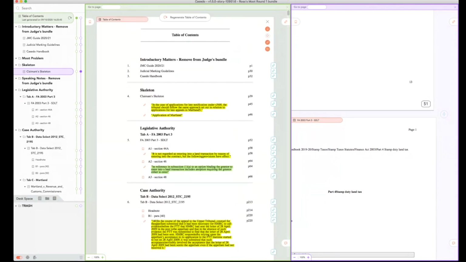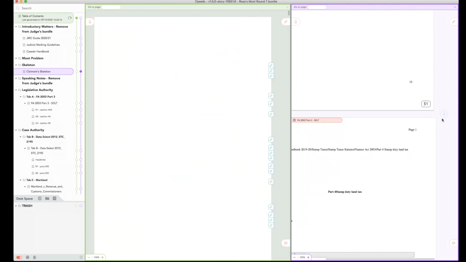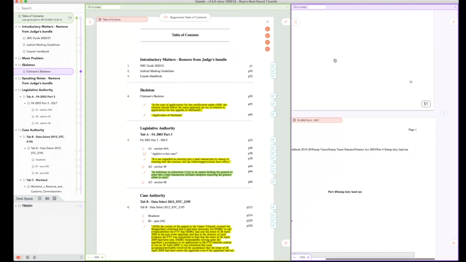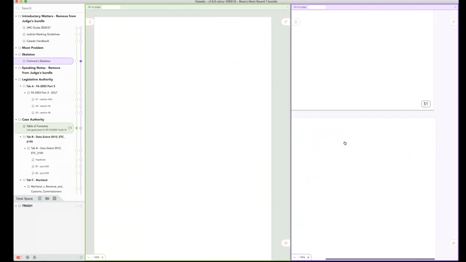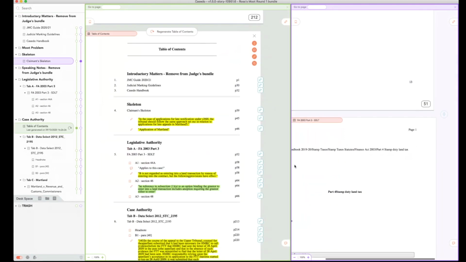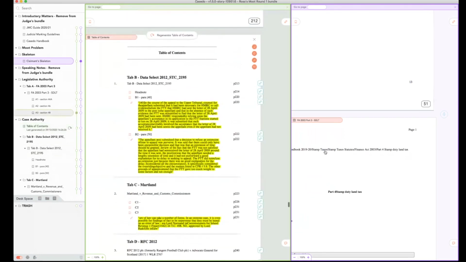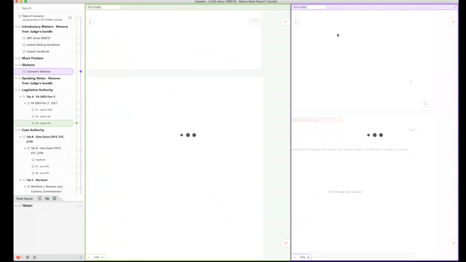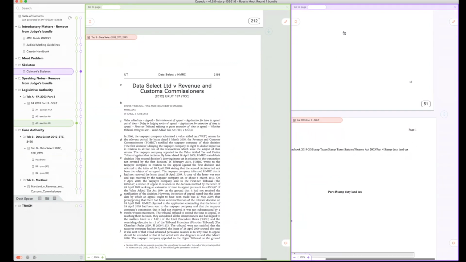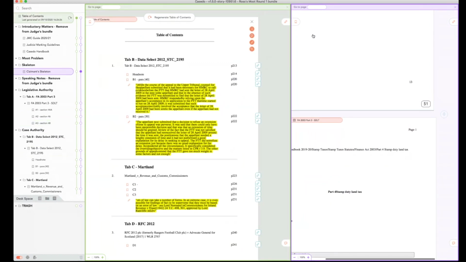We can add comments too. So these are quite a flexible tool for doing things. And as I say, if you move them about, they actually even respond to what you're doing. So you put it into the case authority, it will just give you the cases. So a flexible tool there, but I would think probably you can just regenerate it and use the standard one and not worry too much about it.